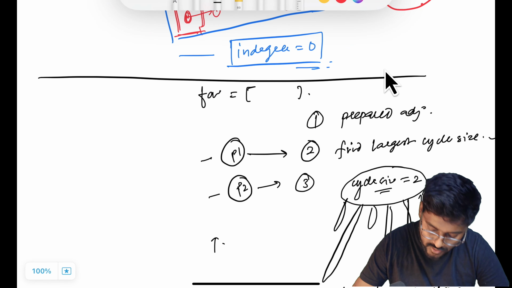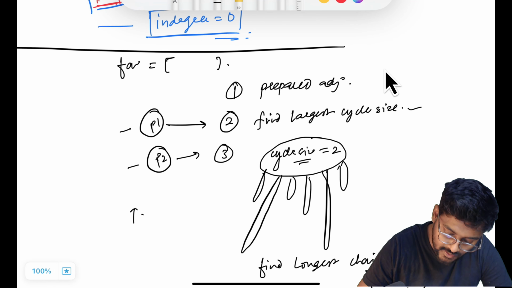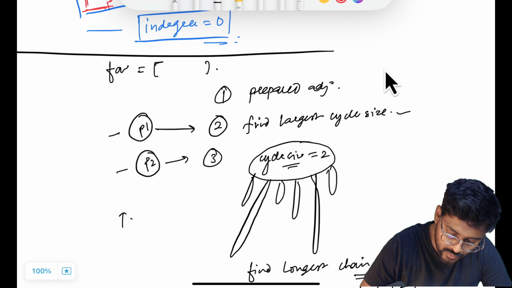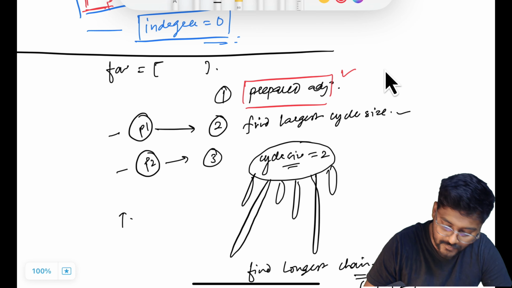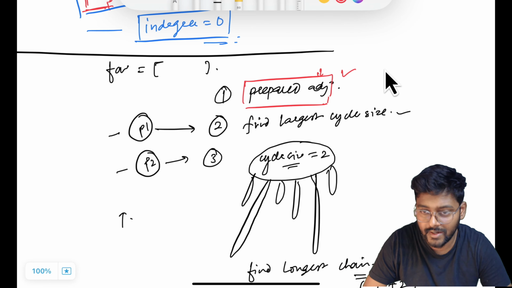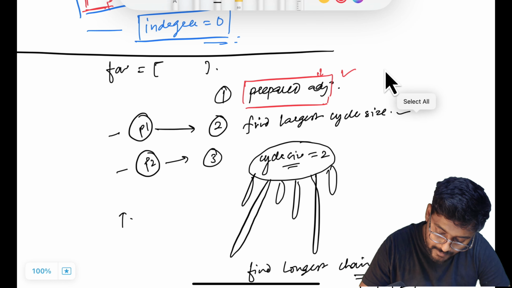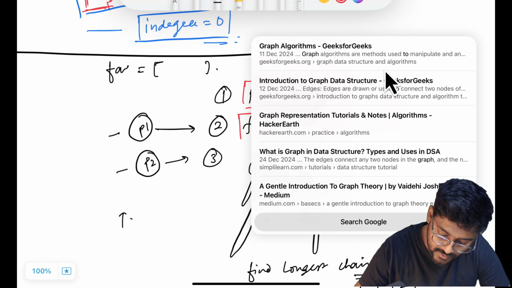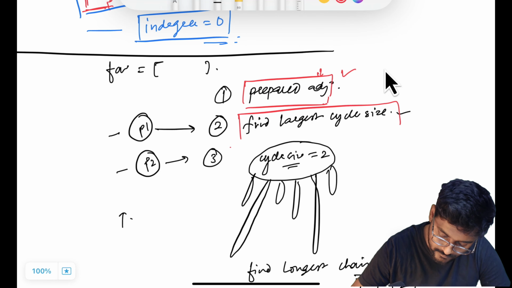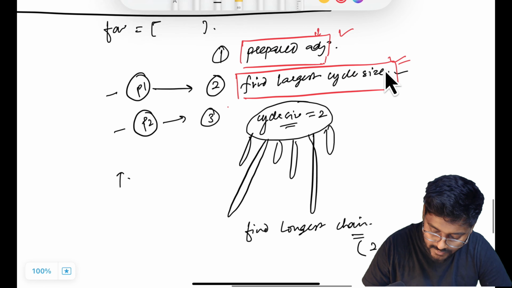So this is our approach to solve this problem. And preparing adjacency. See, if you are given a graph and you are preparing adjacency, why do we prepare adjacency? This is used to handle graph, to store graph. And preparing adjacency is one step we have to do. Finding the largest cycle size is the second problem we have to do. And the third problem is